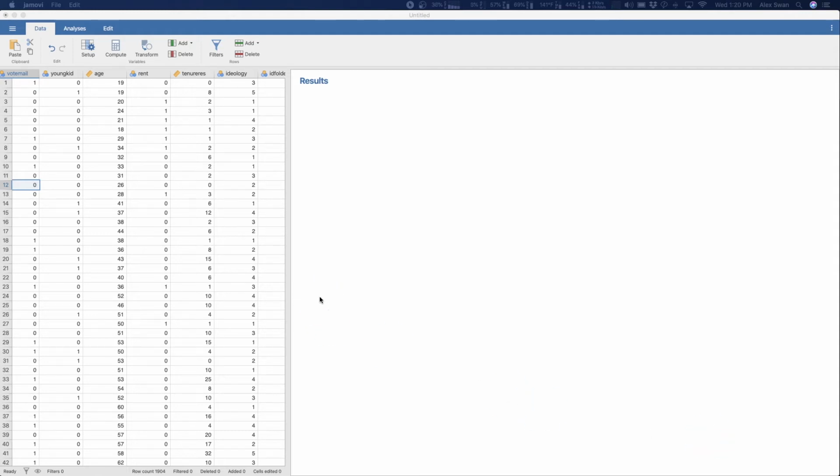In this tutorial, we're going to talk about how to do a logistic regression. So here I already have data open, and we're going to jump right into the logistic regression analyses in just